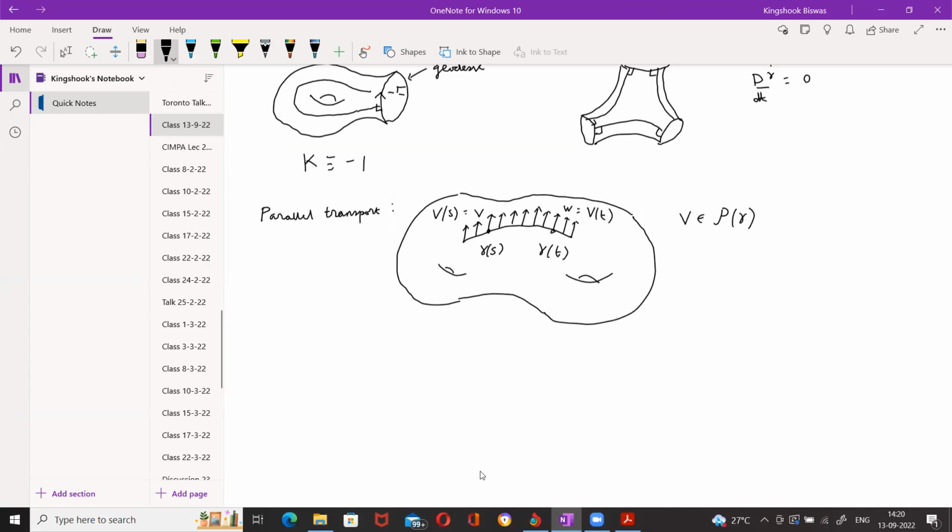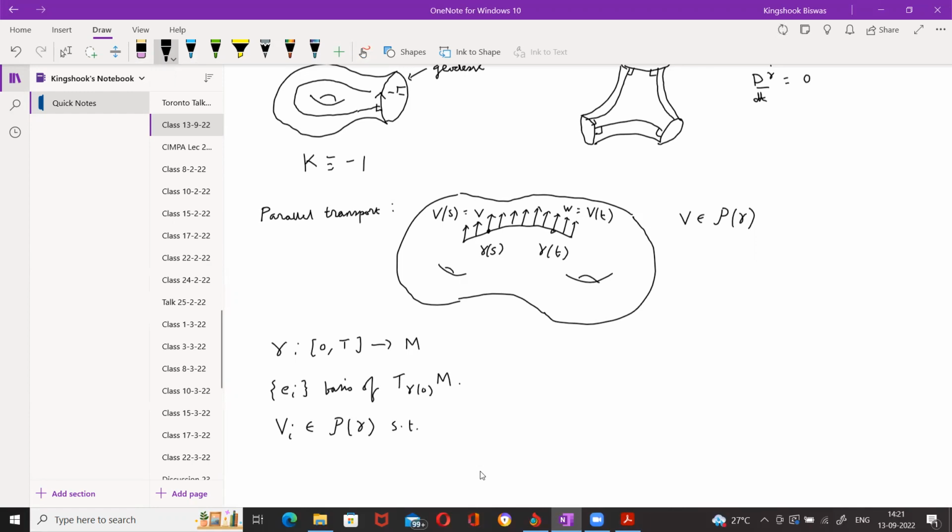Let's suppose gamma is from an interval, say 0 to capital T, into M. And I fix a basis e_i of the tangent space at gamma(0). And then I let V_i be the unique parallel vector field along gamma